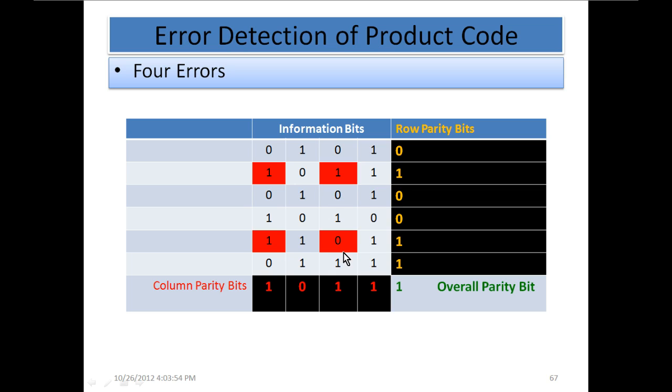So as we can see here, although the error has occurred, the decoder is totally deceived. It can neither detect the error, and since it cannot detect the error, it cannot correct it as well. So in this scenario, the error is totally ignored. It is not detected by the decoder at all.